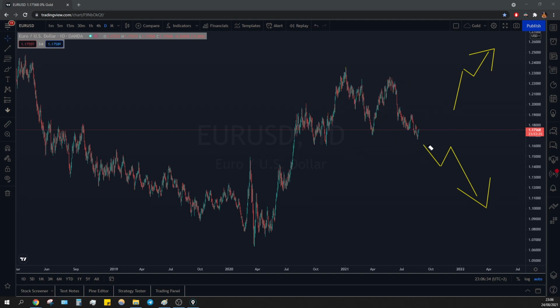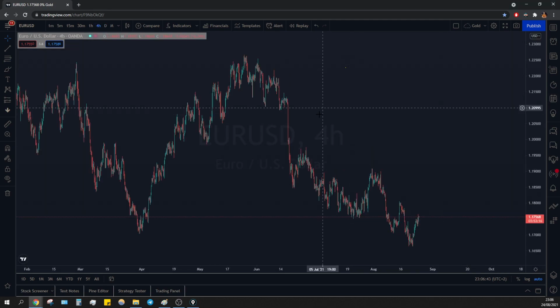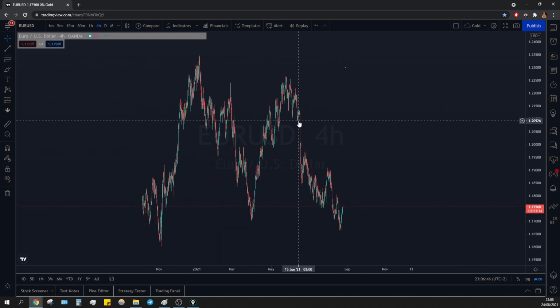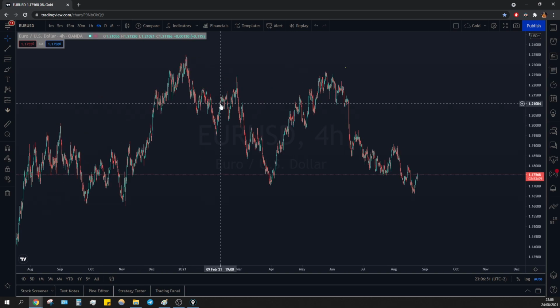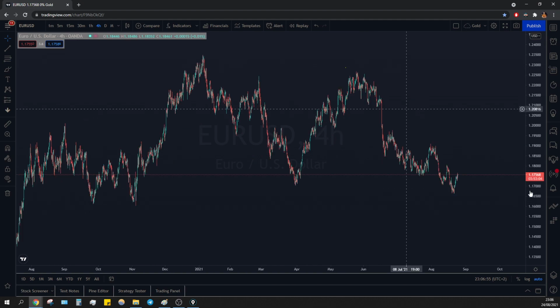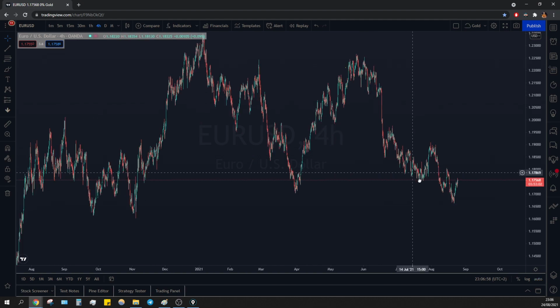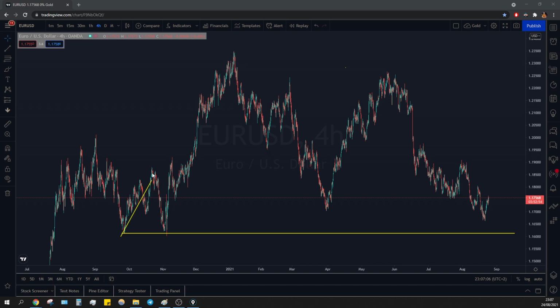Let's move on to a lower time frame. Let's go on the 4-hour time frame. I don't think we'll see anything much different because of what we are seeing already. As you can see, these are the same actions that we saw on the daily time frame. As you can see, these lows, we got a double bottom, retest, continuation up.